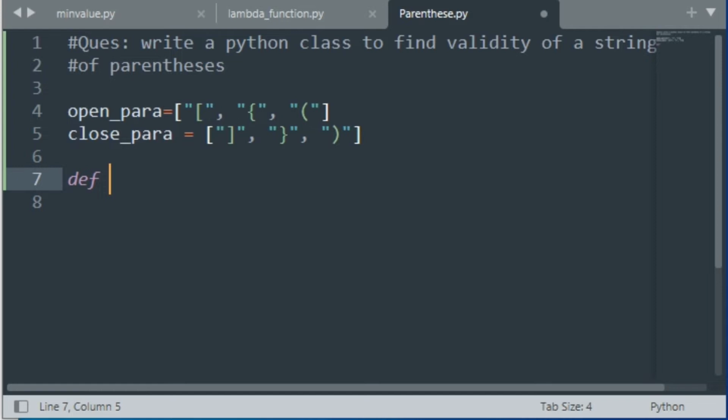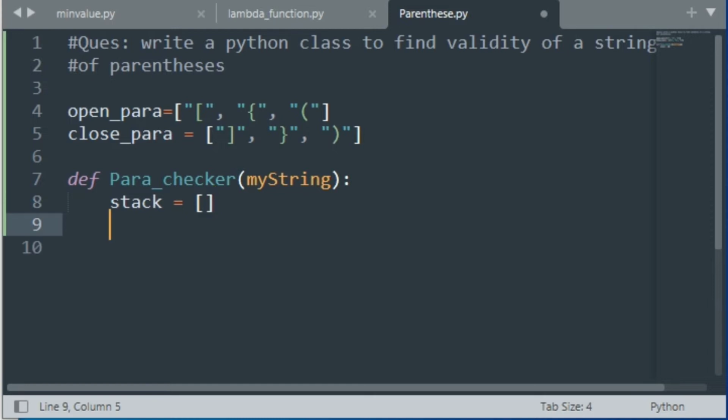So let's call it parachecker and take my string as input. So now let's create a stack and initialize it with null. Now we are going to create a for loop and iterate over my string's characters.